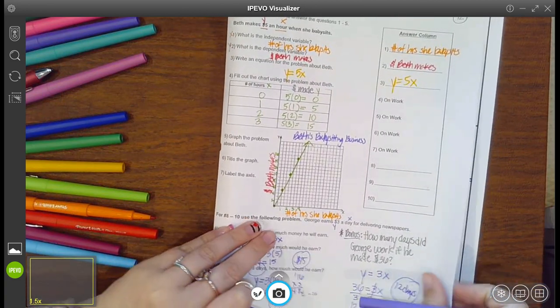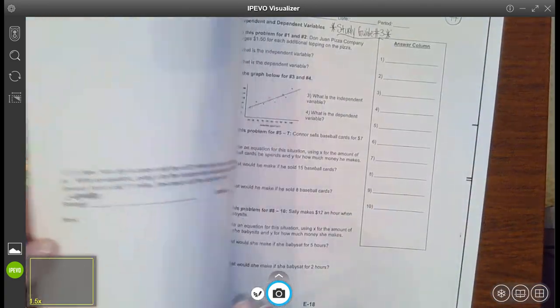All right, let's go ahead and see how we did on the back side. Okay, the back side,